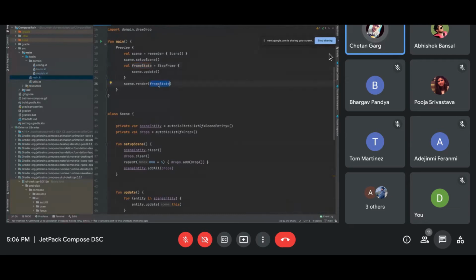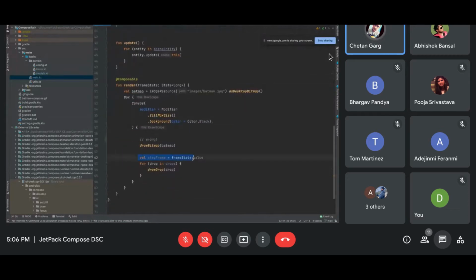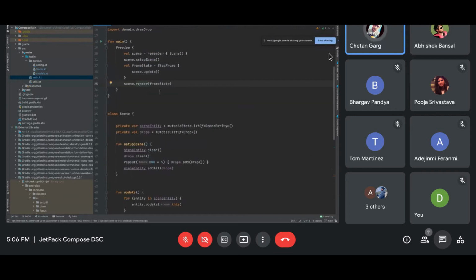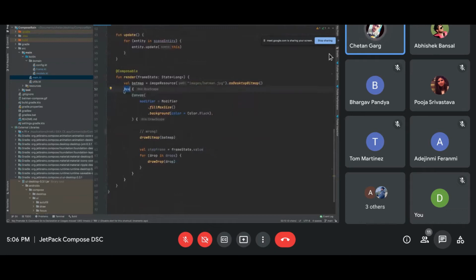So what is happening: any component which is observing this state. You can see I am observing this state here, right? Frame.value, I've observed it. If I observe only this, not this box, composition happens only to the part which is getting re-rendered. So only the canvas, since canvas is observing this event, gets re-rendered, not the box.